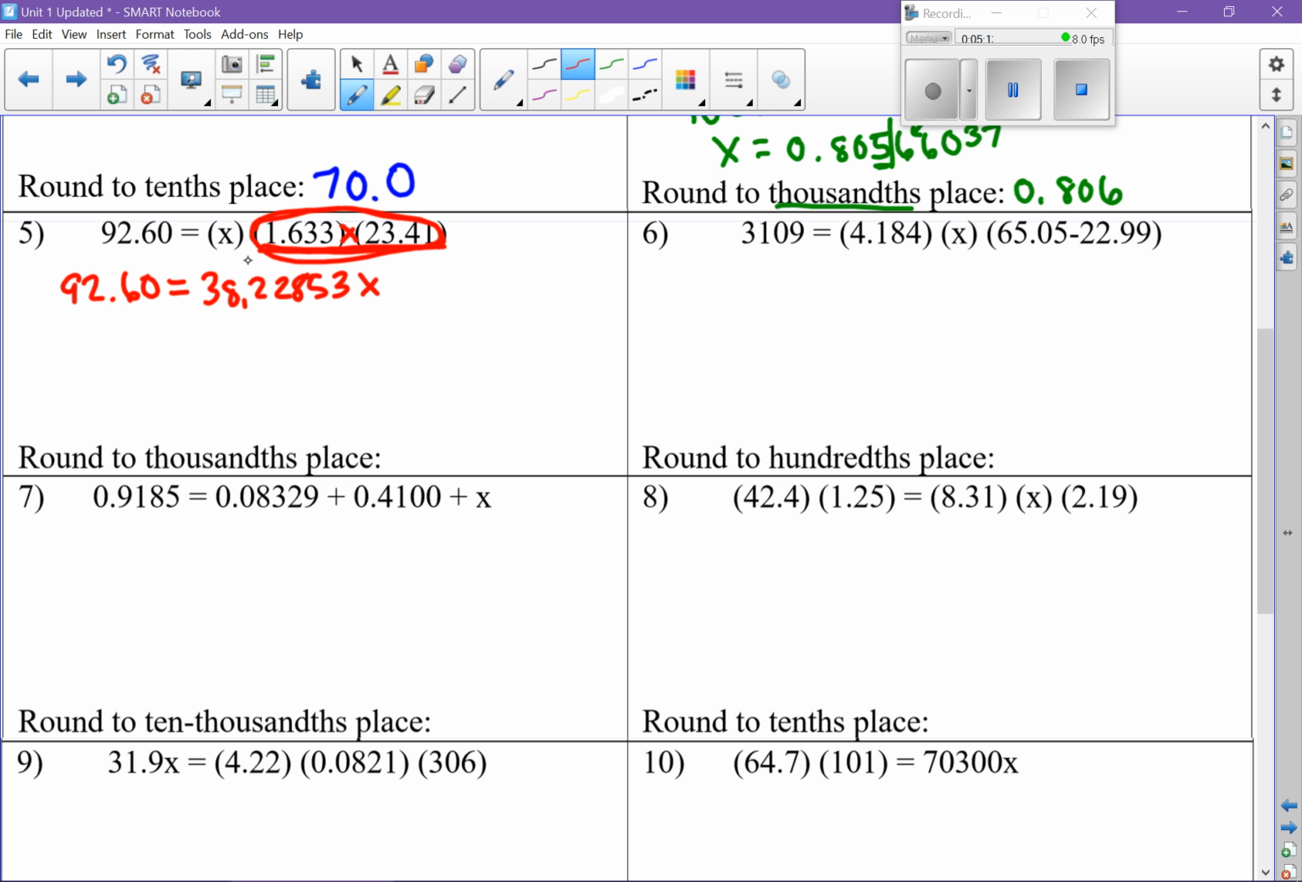Now that we've got it, it looks a little bit more like our first question. We can just divide by the thing touching the x. So divide both sides by that. 22853. It cancels over. Oh, that was weird. It cancels over here. X equals, put this in your calculator, this numerator divided by that denominator, you're going to get